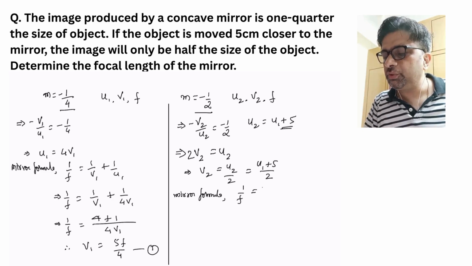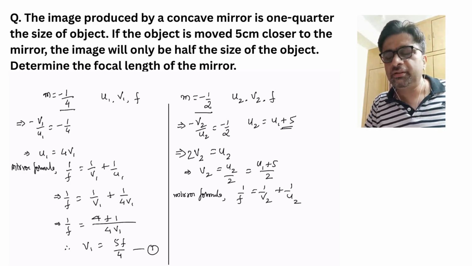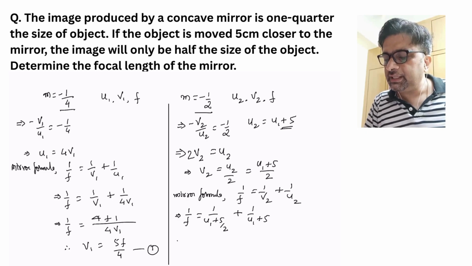1 by f is equal to, in this case we are going to have 1 by v2 plus 1 by u2. And let us express this in terms of the variables that we have just maneuvered a while ago. So in this case we get 1 by f is equal to, instead of v2 I would express this in terms of u1. So I get 1 by u1 plus 5 by 2, and u2 is anyway u1 plus 5,